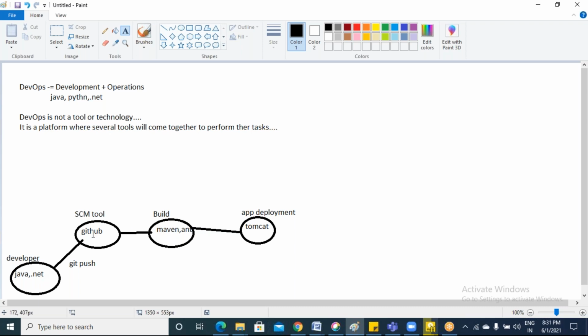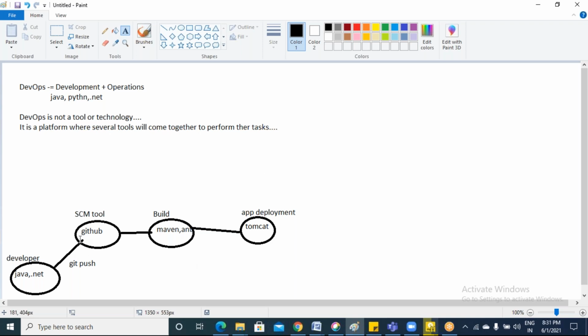Till now, everything was going on through manual work only. For deployment one team is there, for building one team, for GitHub one team, all different teams. So there will be a lag until the developers write the code. Until then, all these teams will sit calm. No one has any work.